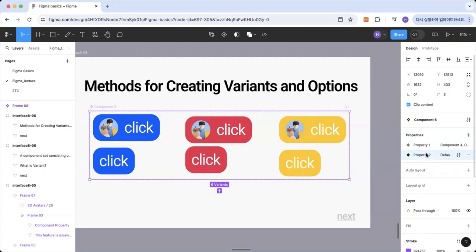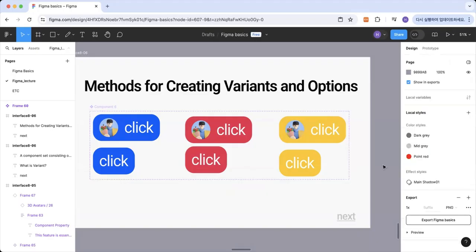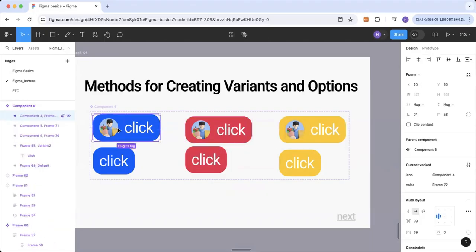So let's write here whether they have icon or not. Or this one just write or divide with the color. Okay. Then we can